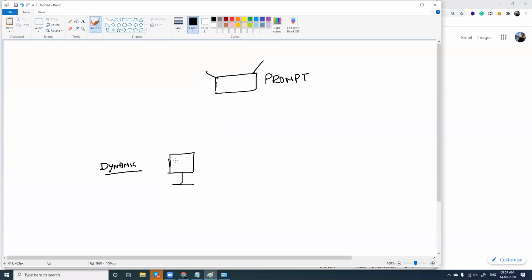Means I've asked my computer to get an IP address by itself from the modem. So I'm not going to assign an IP address to my computer. It is my computer's job to search for this modem, request an IP address from this modem and get an IP address assigned. Fine.